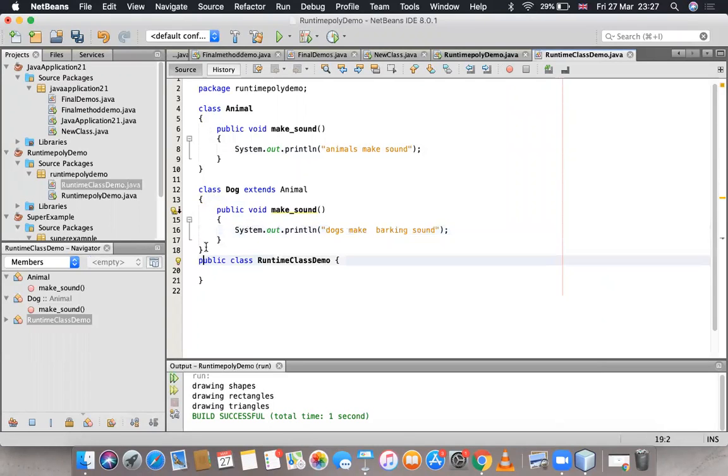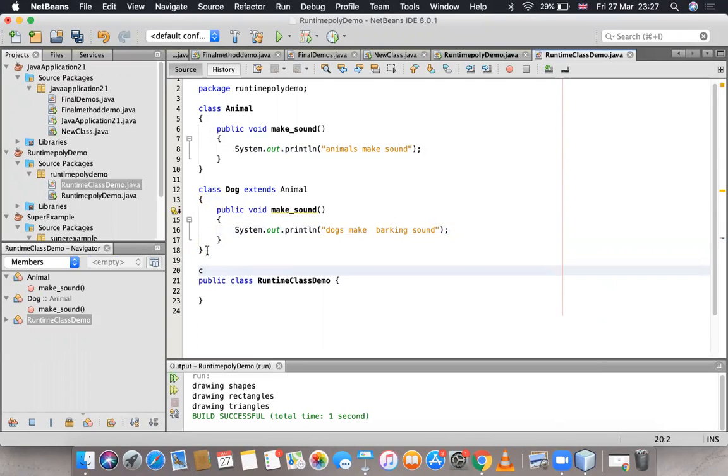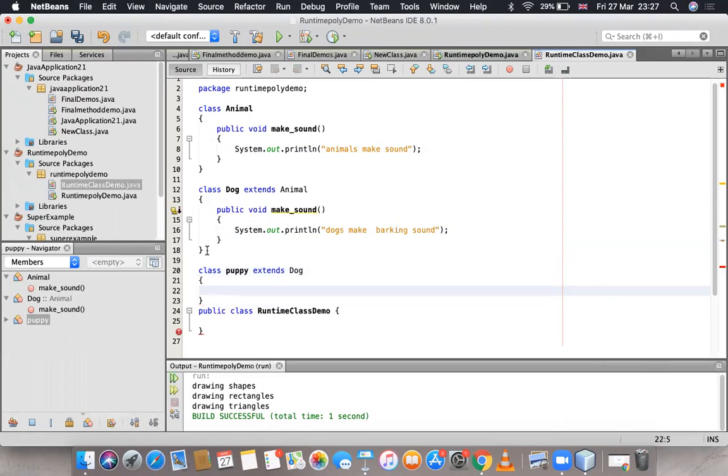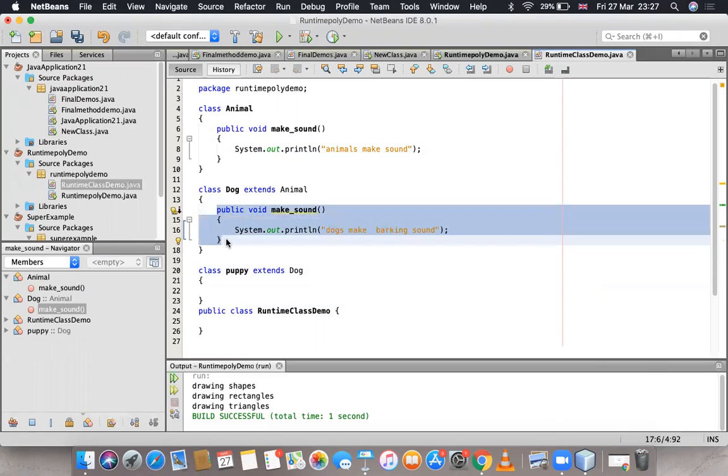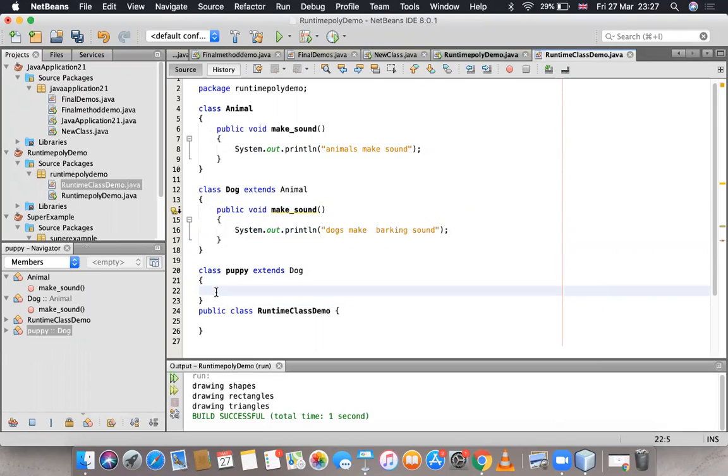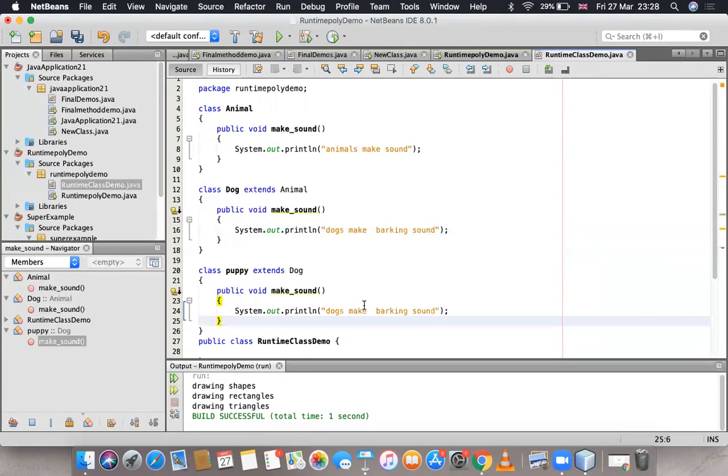And then I'm writing class Puppy extends Dog, and I'm going to override the same method here as well. And then "Puppies make cute sound."